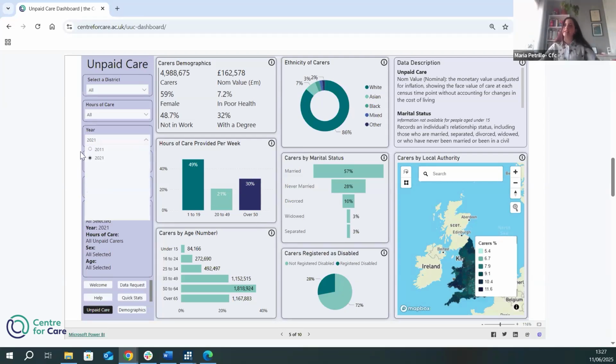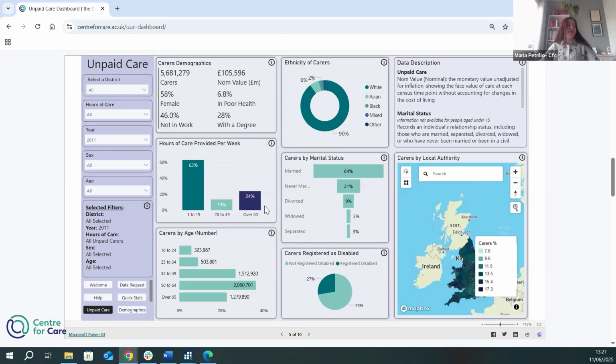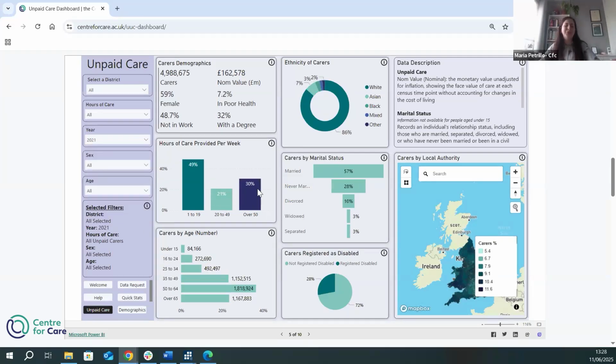Well, let's compare this to 2011. You can see that it is 24%. So there has been an increase in the age standardized percentage. So it's not a random percentage, it's a percentage that takes into consideration the aging population and the population size, fully comparable across time. And we can see that it goes from 24 to 30%. So a big increase.